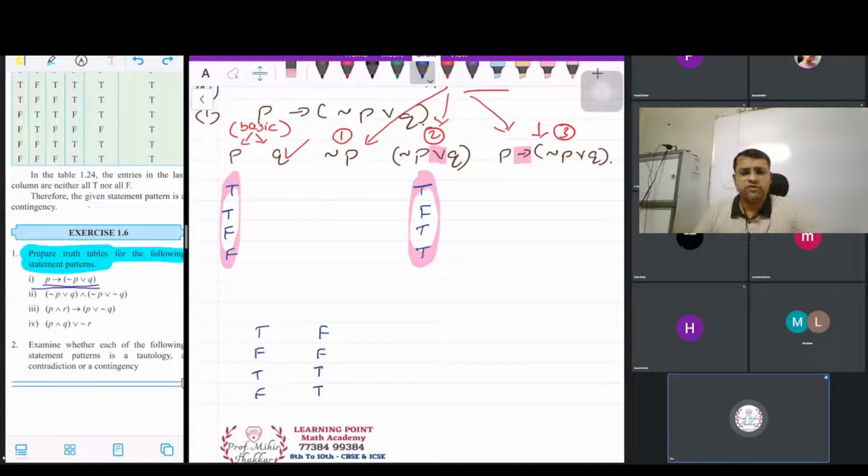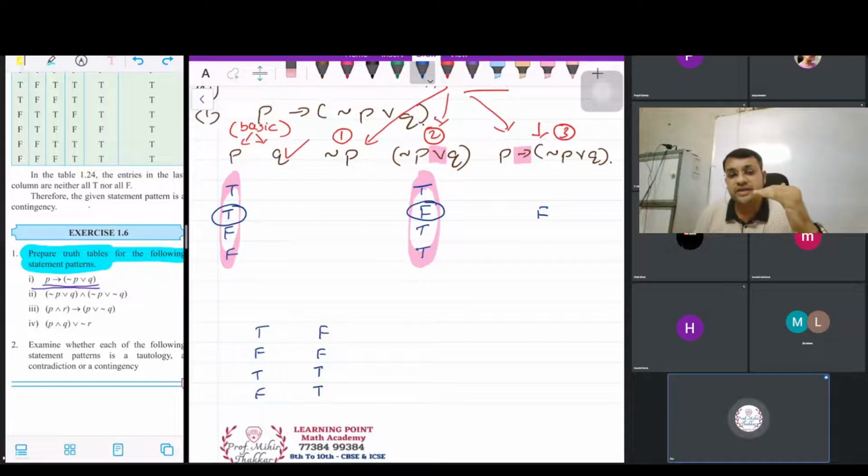A simple condition for implication is that the first statement, the one before the arrow mark, has to have a truth value T, and the second statement, the one after the arrow mark, has to have a truth value F. Then the answer will be F, otherwise the answer will be true. So is there any condition where this is being satisfied? Yes, we can see this is true, this is false. So first T, second F. So the answer has to be F over here.